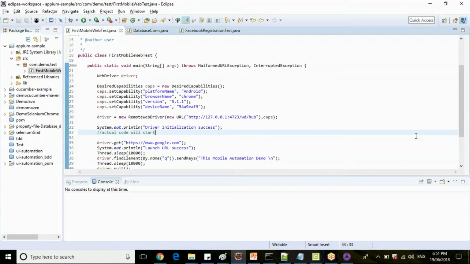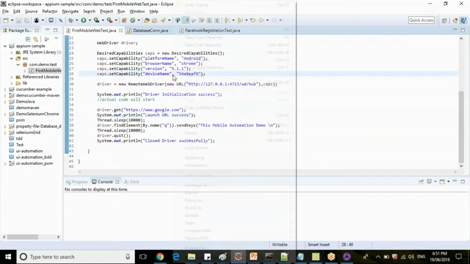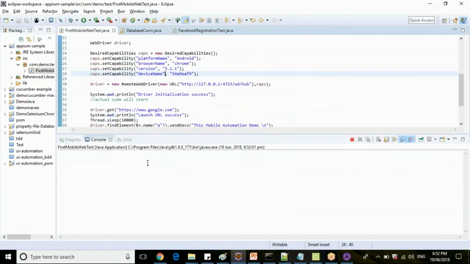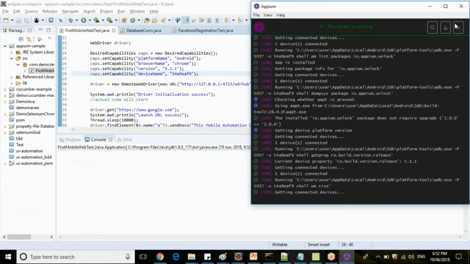So I will tell you how to inspect the web elements in a mobile browser. Let's see executing this sample script first, Pallavi. So let's execute this one. And we will get an error now. Okay, so I already started the Appium server here.